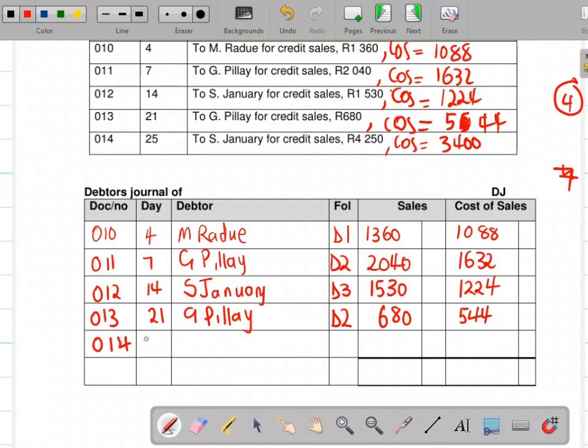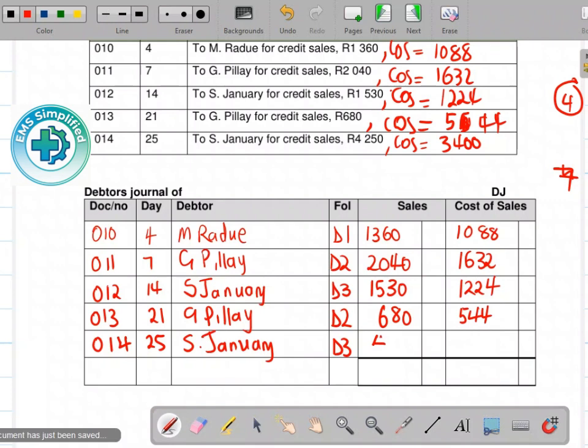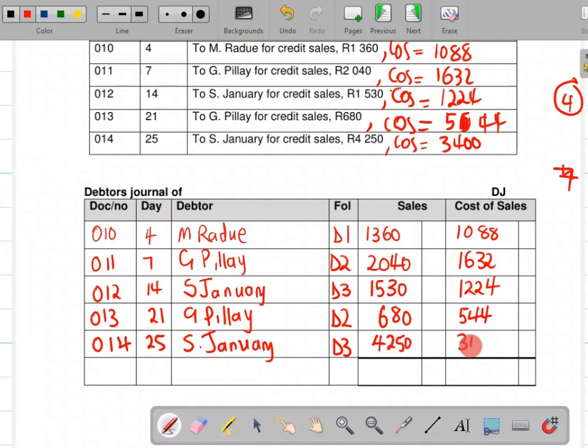Then day 25, source document 014, day 25. S January again is already appearing in the books. This is debtor number 3. The sales amount is 4,250, and cost of sales is 3,400. If we add the sales, we get 9,860. If we add the cost of sales, we are going to get